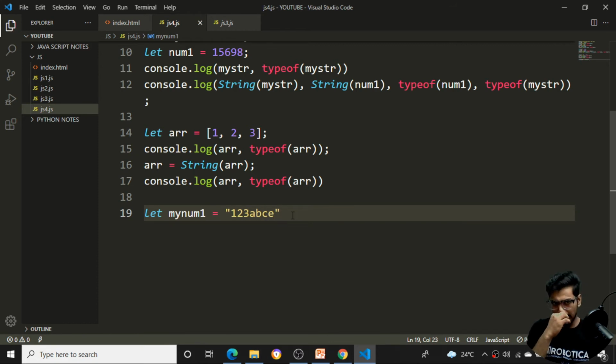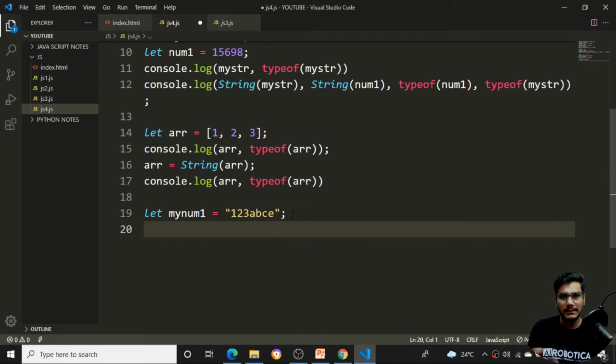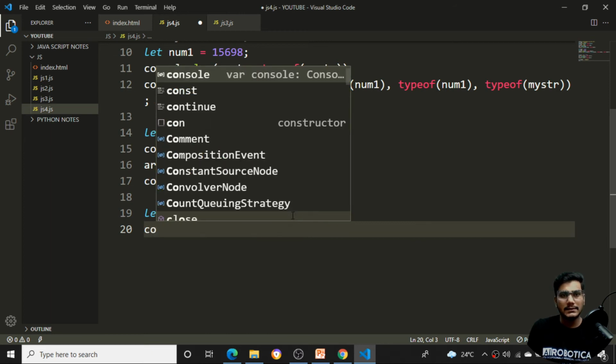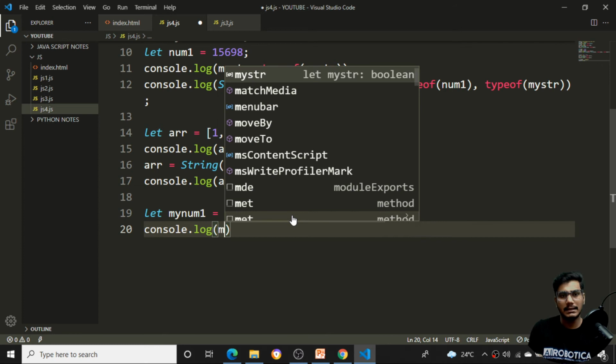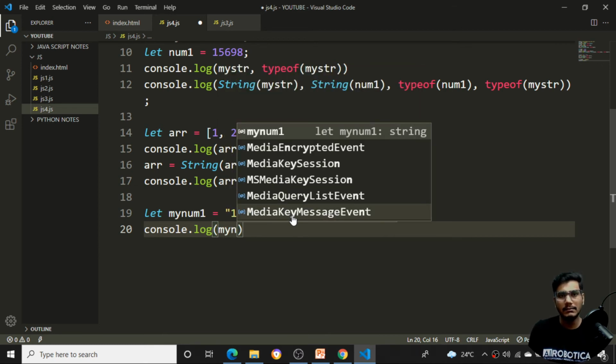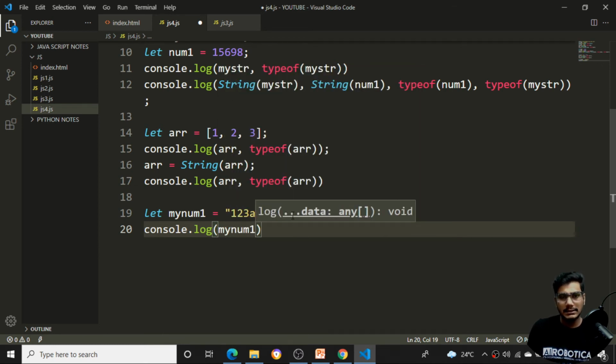Now if I try to convert this particular value into a number value, let's see whether I can do it or not. So console.log. I'll print my num number. First I'll convert this value into a number.